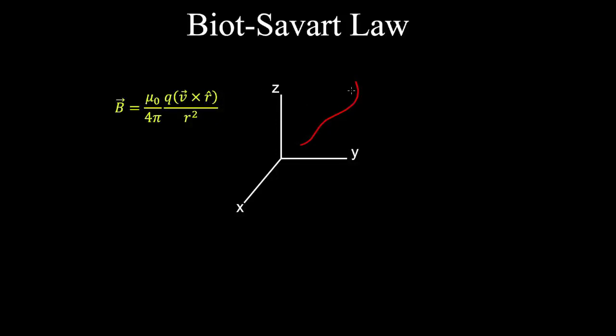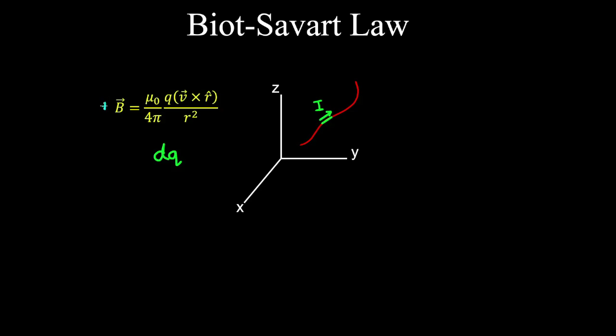Suppose we have a segment of wire with electric current flowing through that wire. And we want to find the magnitude and direction of the magnetic field created by this current. So if we have a differential charge element along this wire, being dq,